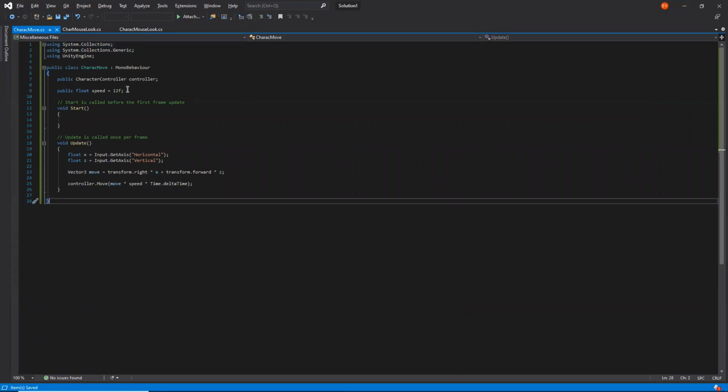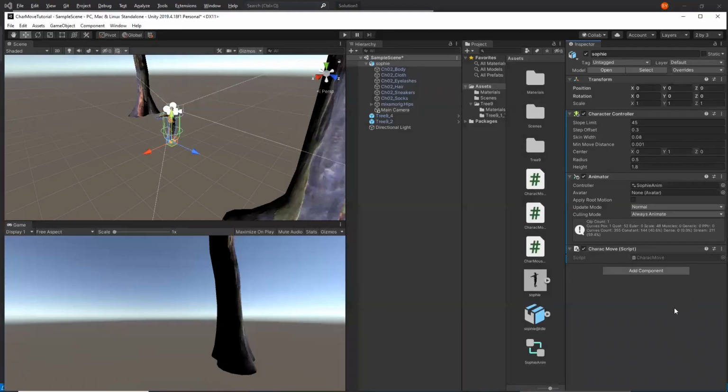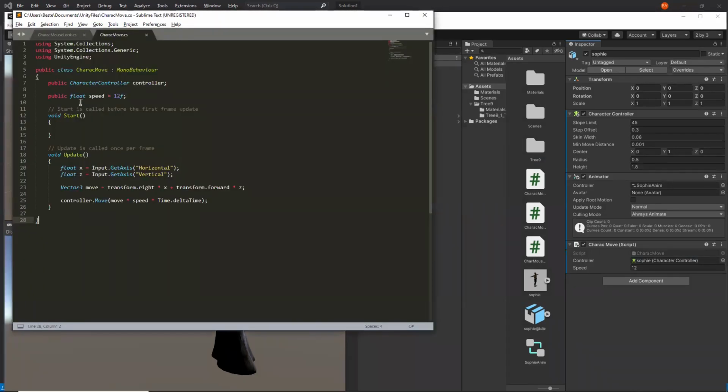So you can see again, it has two public variables. If we go back to Unity here, you'll see again, there's two public variables. Again, we need to drag and drop Sophie into the controller. So she's a character controller, her character controller there that we added earlier. For Carrick move, she's going to move along the X and the Z axis here. So this is actually getting input from the up and down arrows and the